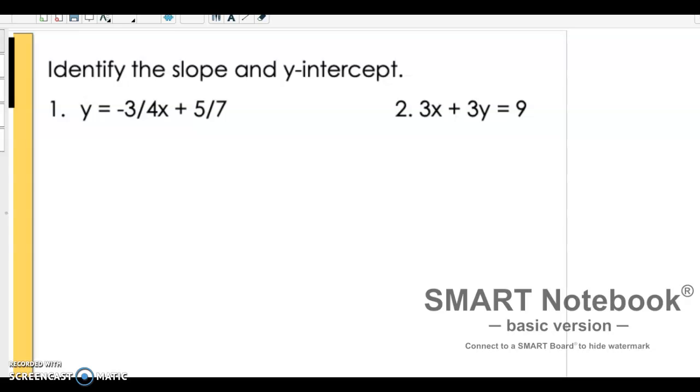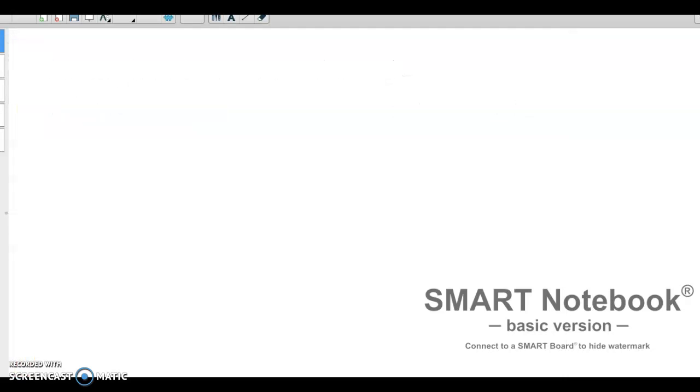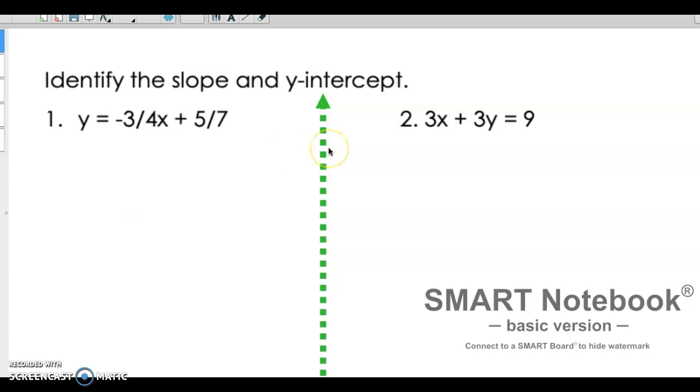Alright, this problem says identify the slope and the y-intercept. So we are given two equations and we need to find the slope and the y-intercept. Number one is pretty easy because it is already in slope-intercept form. Remember, slope-intercept form is y equals mx plus b,